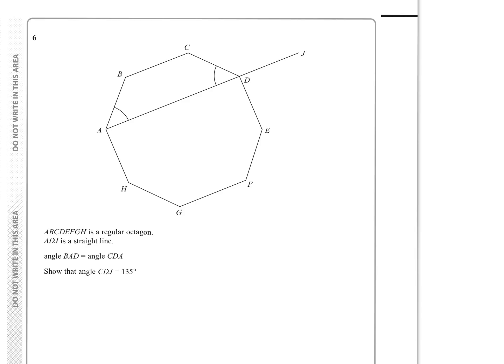Question 6. There's two approaches here to finding the interior angles of an octagon. One is that you can just look at a centre angle, like so. Know that that's 360 divided by 8. And 360 divided by 8 is 180 divided by 4, which is 90 divided by 2, which is 45 degrees. So once you've worked out this angle here to be 45 degrees,